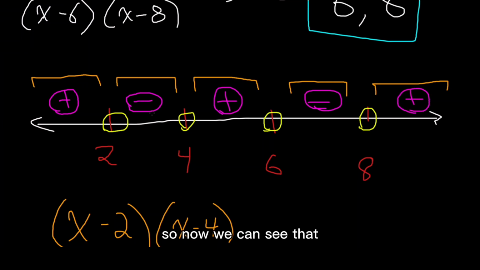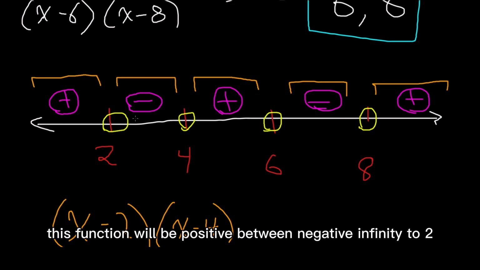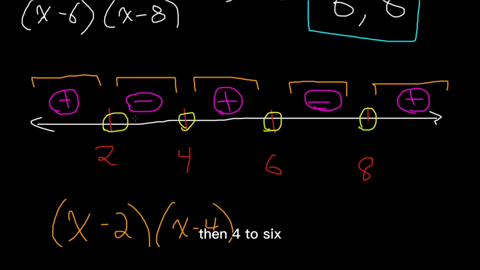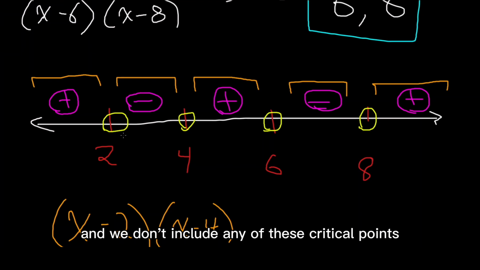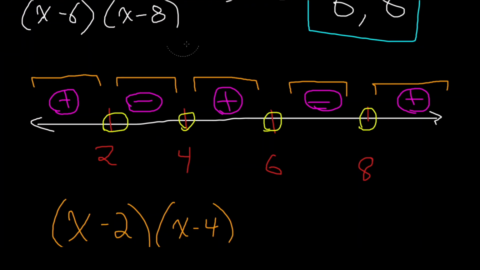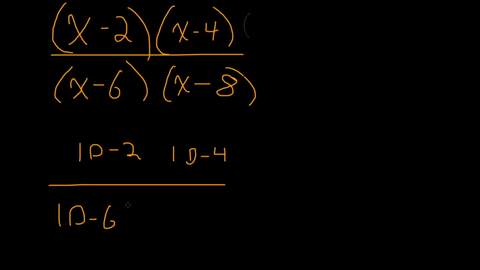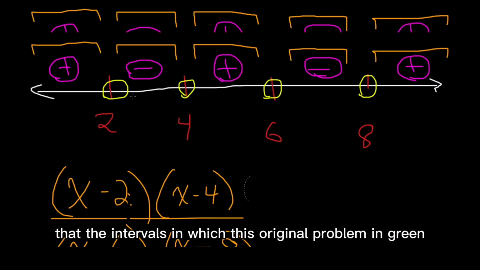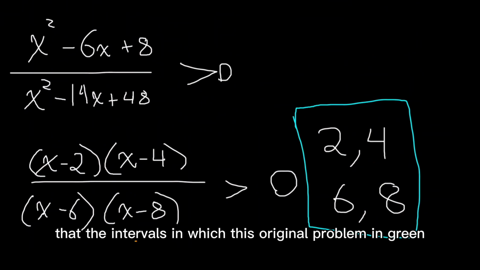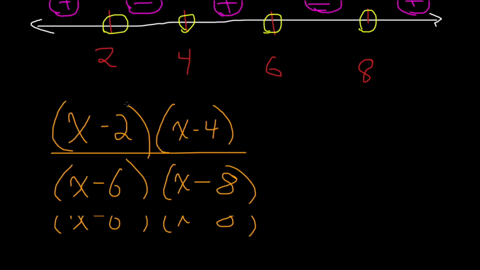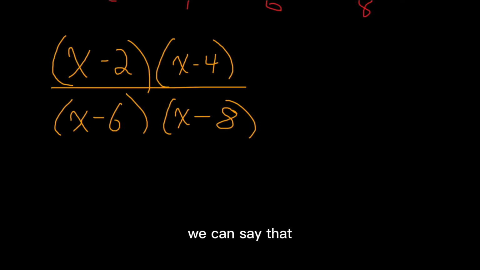So now we can see that this function will be positive between negative infinity to 2, then 4 to 6, and 8 to positive infinity. And we don't include any of these critical points. So we can say that the intervals in which this original problem in green is true, we can say that